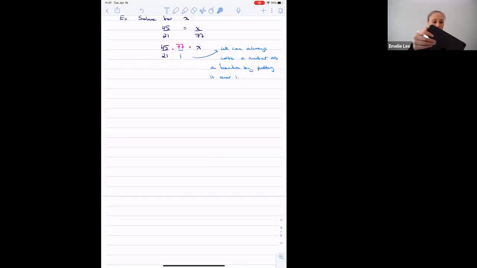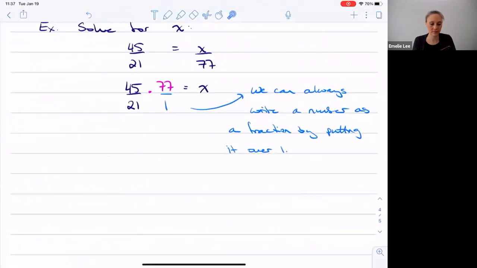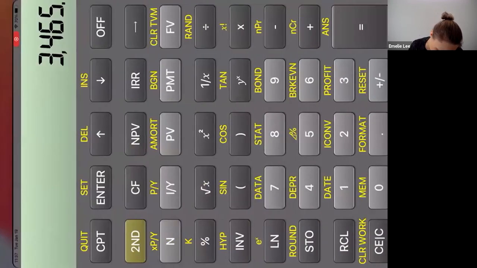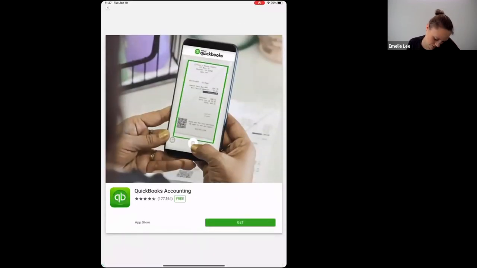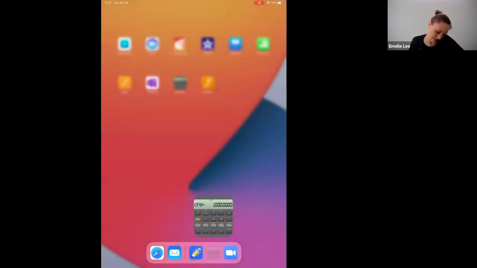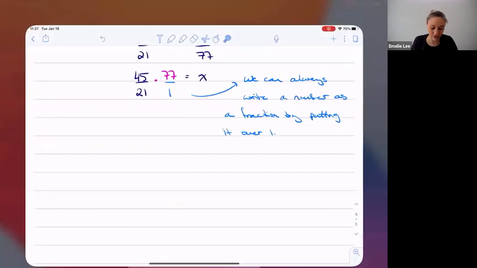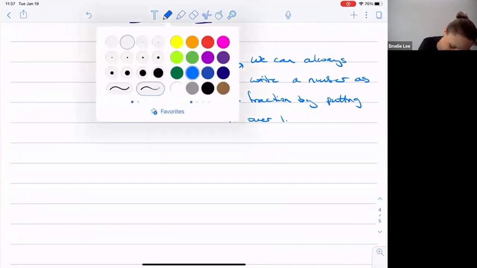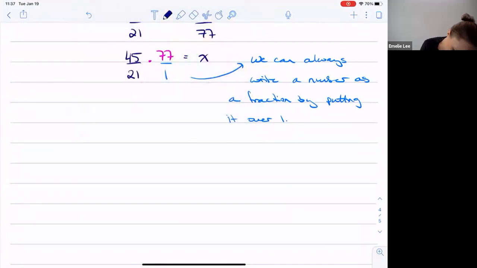Hello. Doesn't want to. There. Now I've forgotten what it was. 3,465. Oh, great, QuickBooks. Hey, at least it's useful. Never used it, but I run the risk of forgetting that number again. 3,465